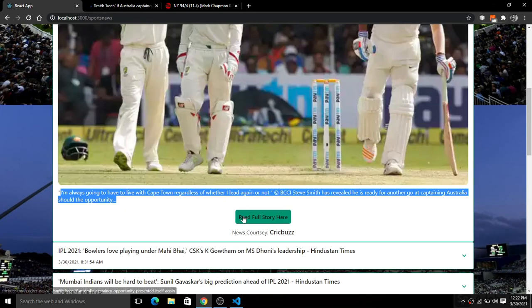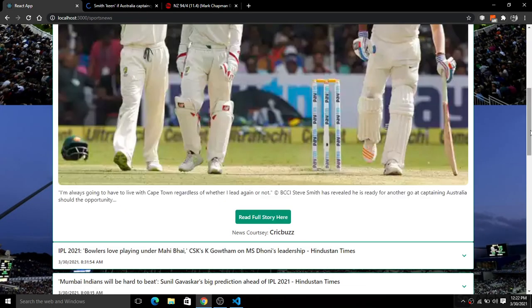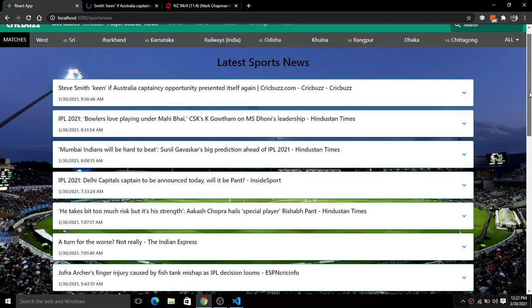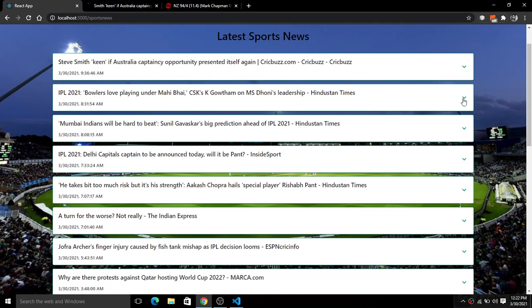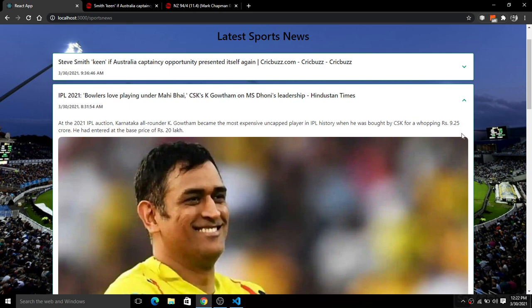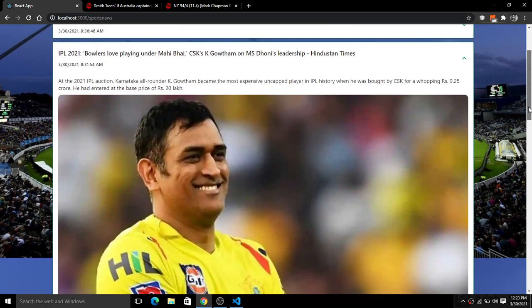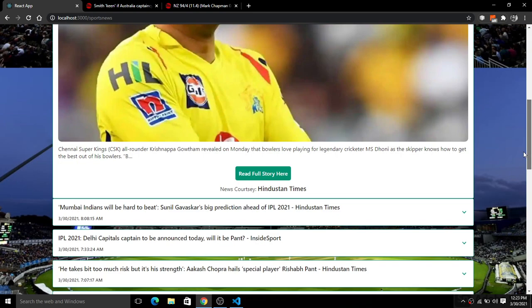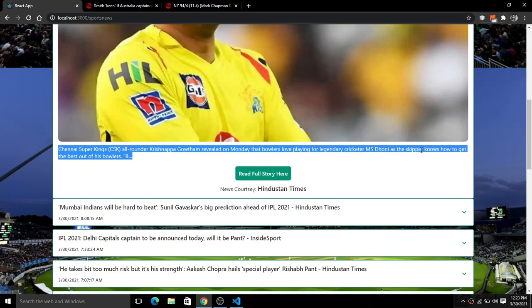So this is just like a news bulletin type. All the news you will see in a very short way here. Now you can see we have another news for IPL 21: bowler loves playing under Mahi, CSK's Krishnappa Gautam on MS Dhoni's leadership. This is the description, and this is the content that it starts from.